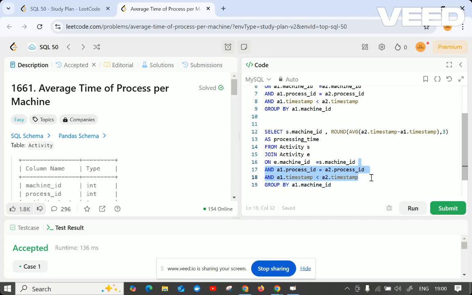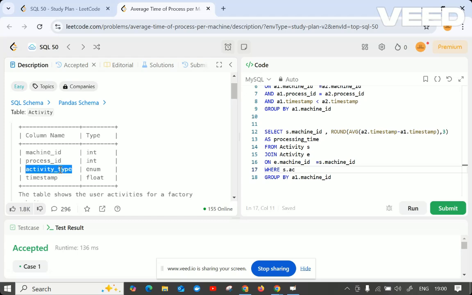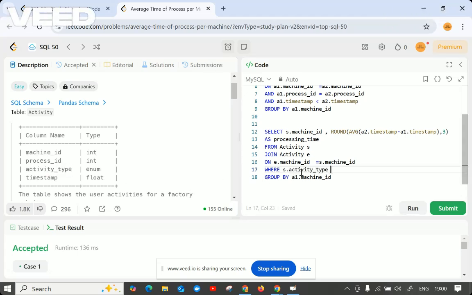I'm just ensuring that the activity is start or not. We have activity type also, right? So activity type we were not using in the previous query which I had written. Now I'm using that also, because they have mentioned much related to this in the query. The same thing for is equal to end.